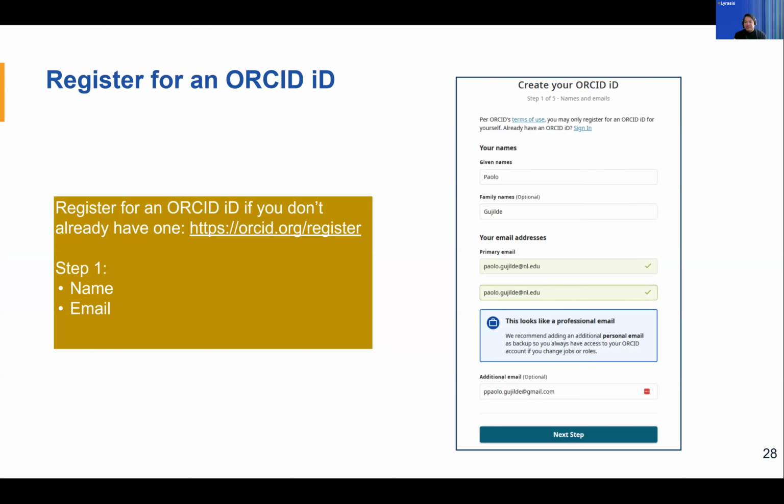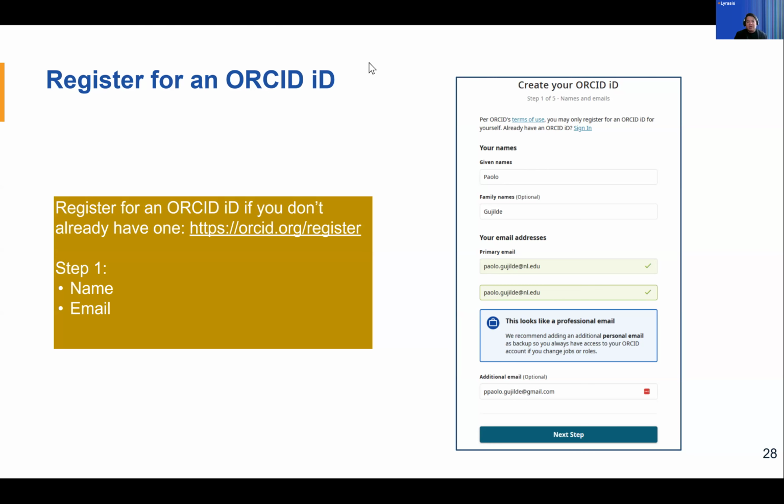So you just go to orcid.org/register, enter your name and the email address. If you're using an institutional email address, it will probably tell you that this is a professional email, and that's great. You definitely want to put that in there. You will have a primary email, and you will also be asked to add an additional email.